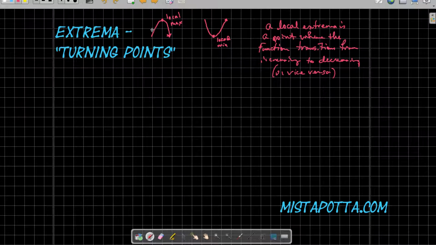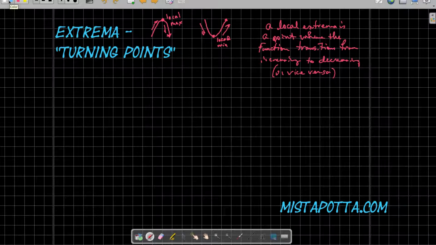So in other words, whenever I transition from being an uphill function to a downhill function, that's going to give me a local extrema, a local maximum, a relative max. Similarly, if I ever transition from going downhill to going uphill, that's going to give me a local minimum, or a local extremum. And there's going to be a certain number of these, just like there can be a certain